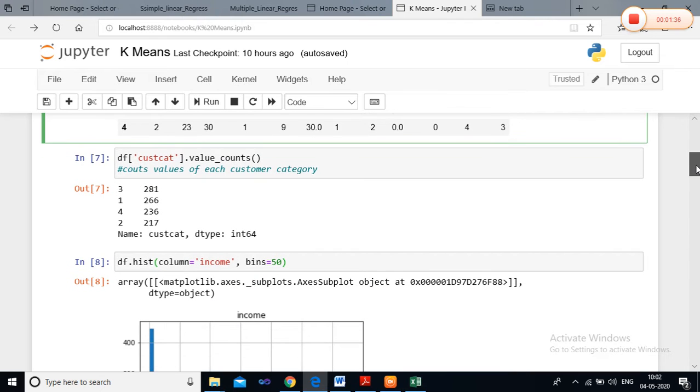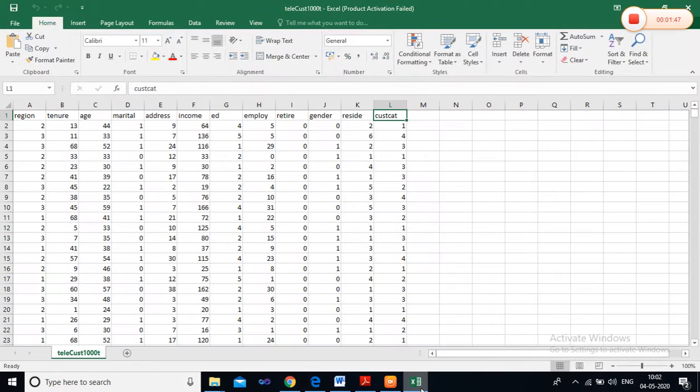After this, we count the values of the customer category. As I told you, inside this file the last column is customer category, and in total we have 4 categories: 1, 2, 3, 4.